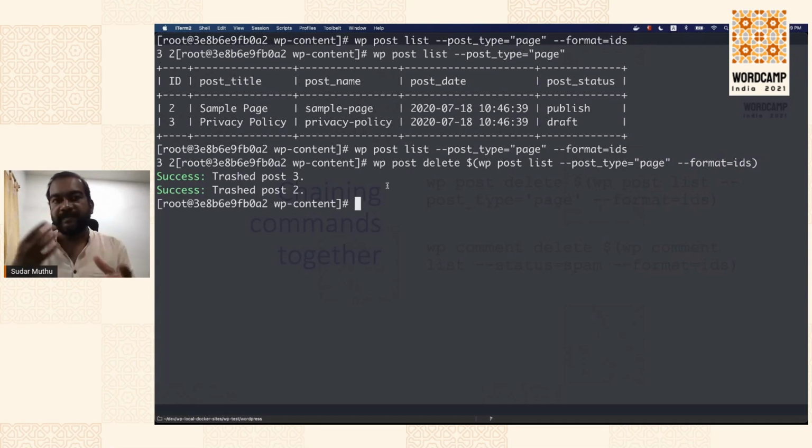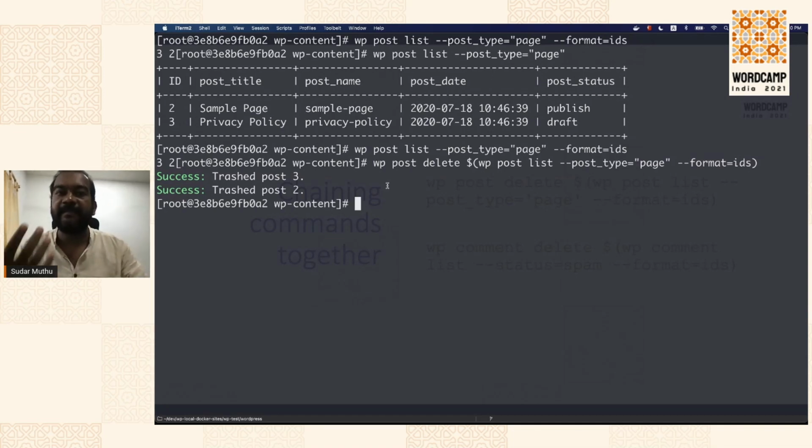So using this mechanism, you'll actually be able to chain multiple commands together. So let's say you want to delete all posts that have a particular metadata and those kind of things, right? So first what you will do, you will see if that meta is present, and then use that as an input to a post list to say, give me all posts that have this post meta ID. And now when you will get all the posts, you can again give it to post delete or post edit or something like that, and then delete all the posts that have this particular metadata. So similarly, you will be able to chain in multiple commands.